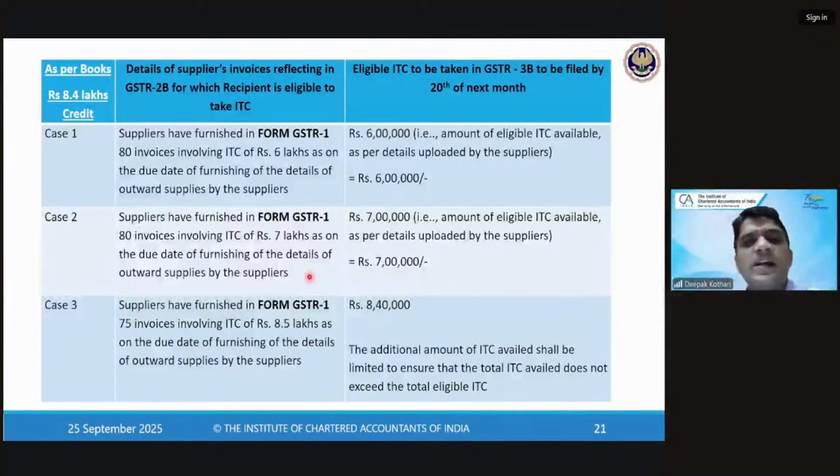Okay, let's take this example and understand this. As per my books of accounts, I have a credit of 8.4 lakhs, which means I have purchased and my credit is 8.4 lakhs. See, in case number one, supplier has furnished in form GSTR 1 80 invoices involving,